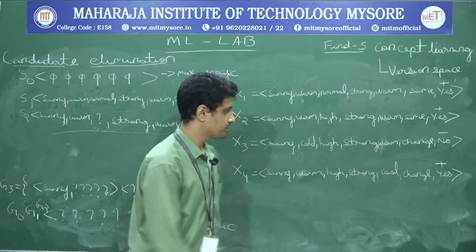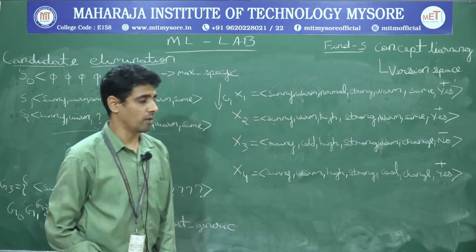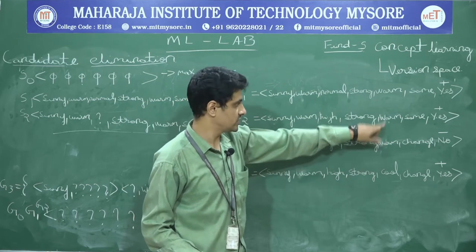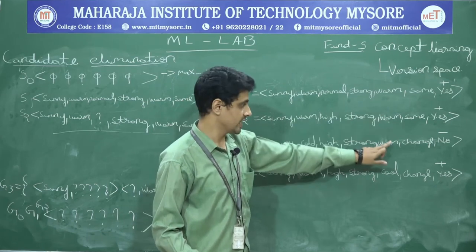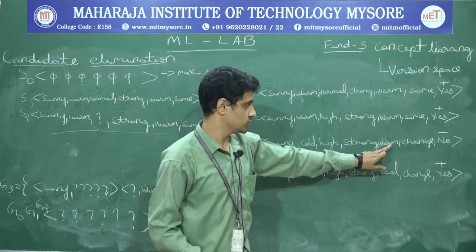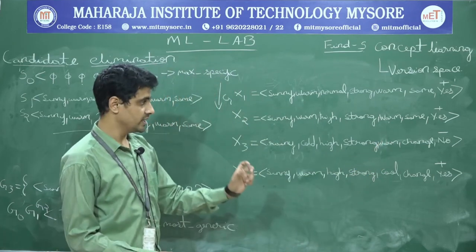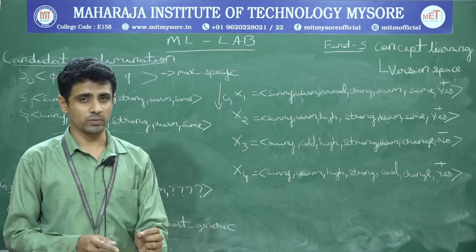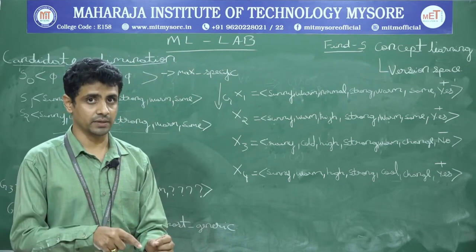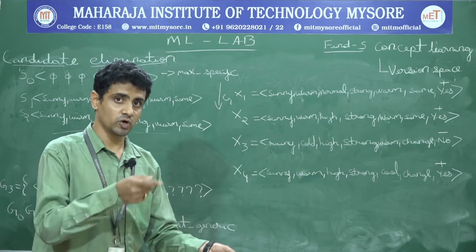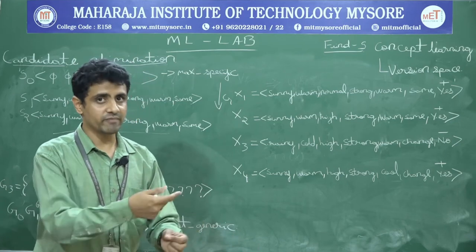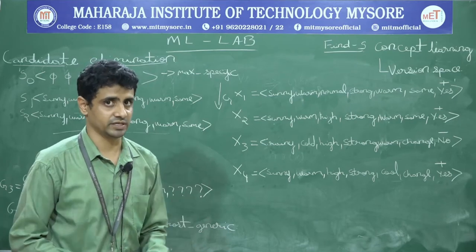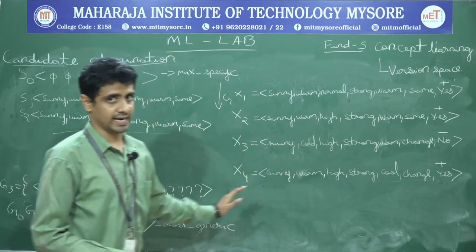Coming to the fifth one, that is warm. We already have warm here, so again, it has the same value as the given positive examples. Again, I need not write warm also. Hope you got this. The value for the fifth attribute in the negative example is warm, and in the positive example, it is also warm. When there are same values for both positive and negative, again I cannot use this particular attribute for classification, so I can't use it for generalizing.